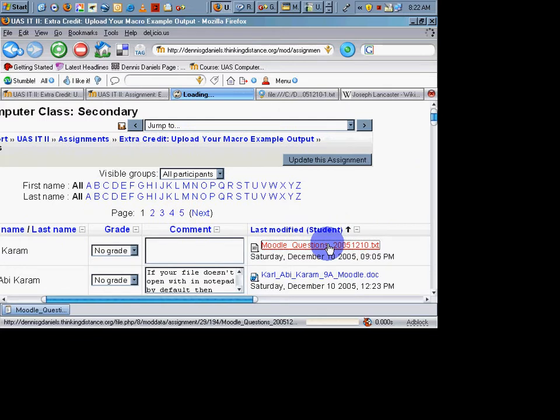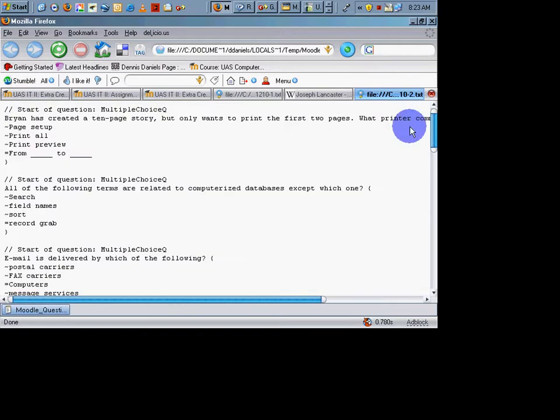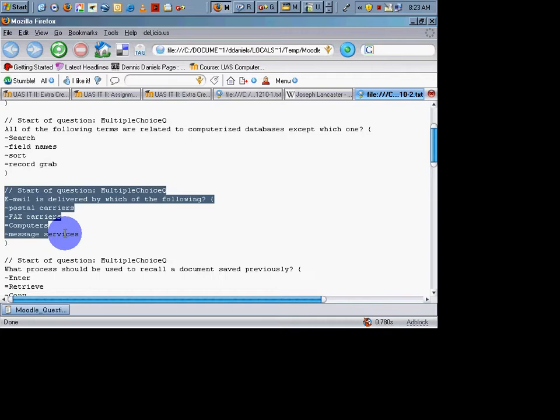I'm going to open this with Firefox. I'm going to open this text document with Firefox, and I'll show you why. Click OK, and it loads. These are starred and multiple choice questions. These are GIFT formatted questions, and this is the assignment, where they were to identify questions from